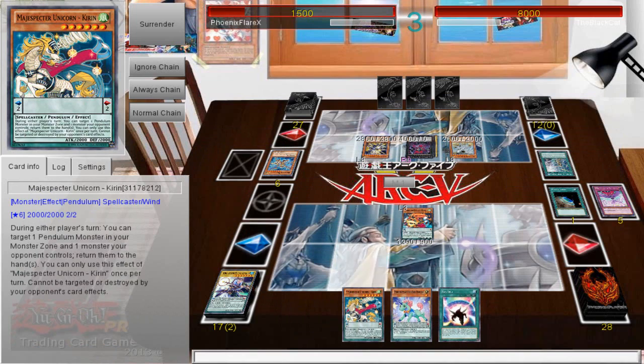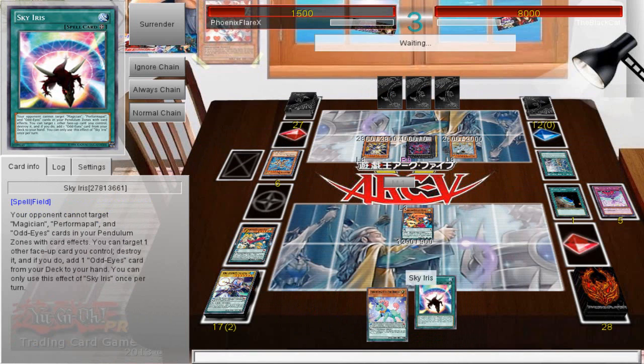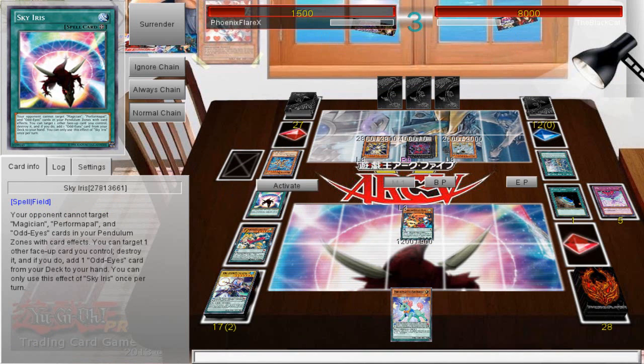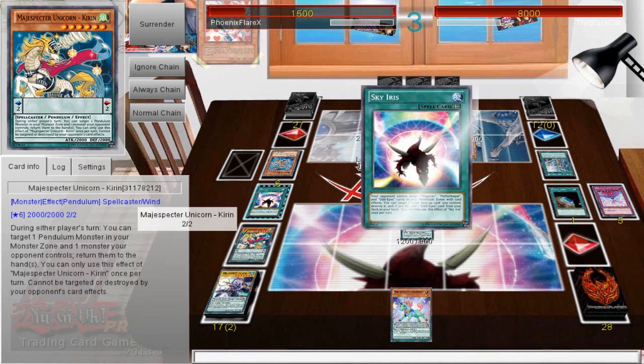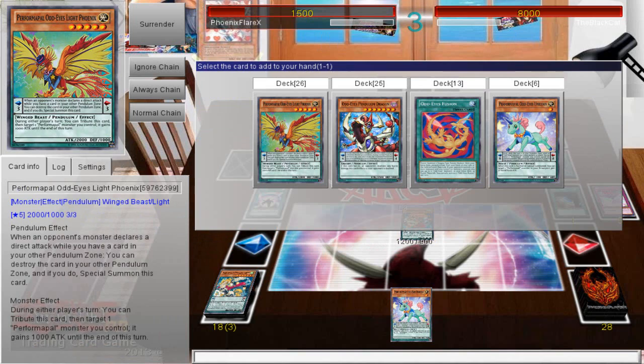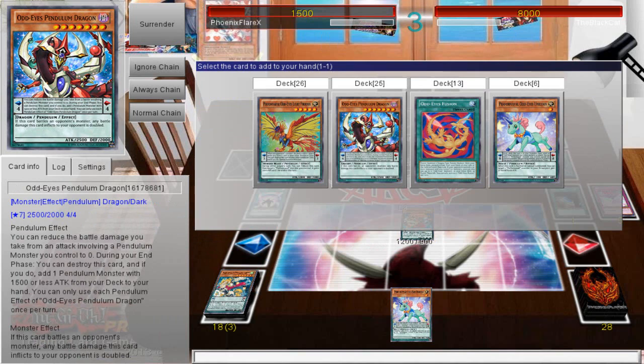Okay, so we will actually just go forth with this play with exactly how I want it. I need to get Light Phoenix, or actually I don't even need to get Light Phoenix. I can just get Odd Eyes, and that way I can just get another search. That is actually the really cool thing here, is that everything I'm going to Pendulum Summon is big anyway, because